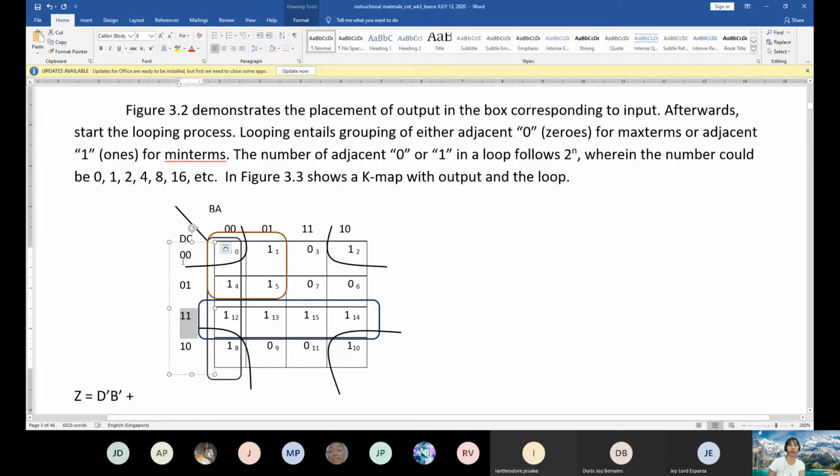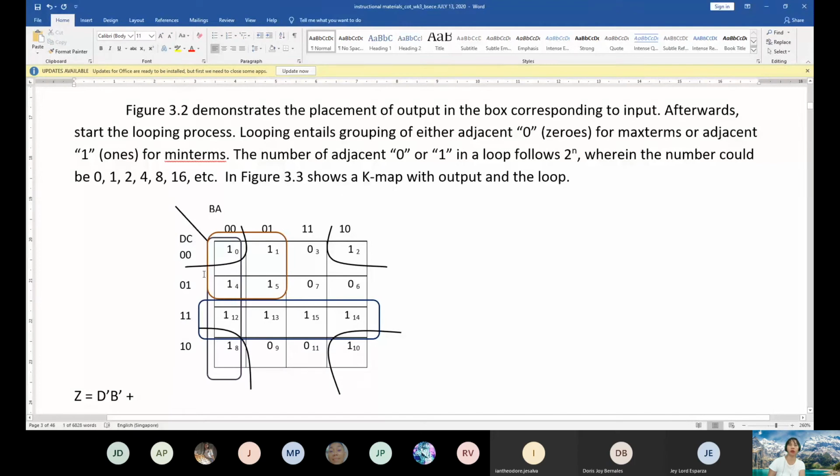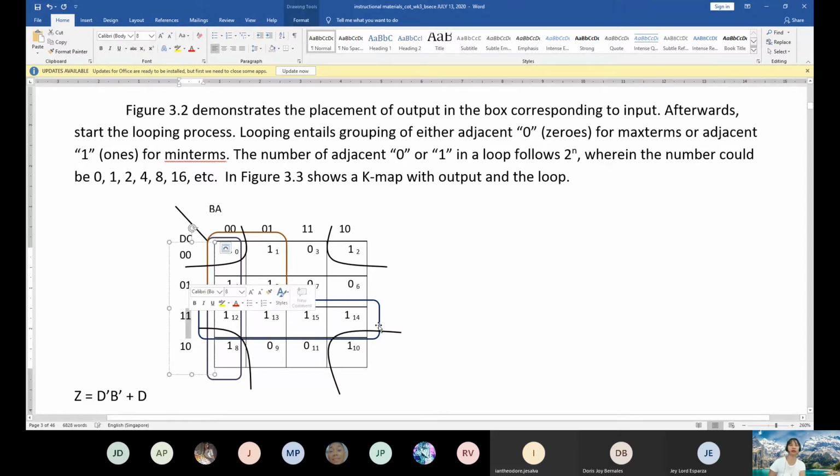When D is 1, how are you going to write that? D or D prime? When D is 1, we will only write D. And when C is 1, we will write